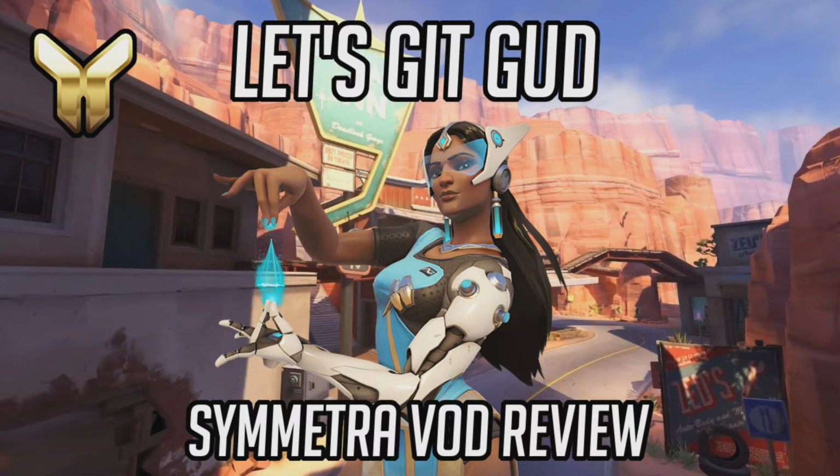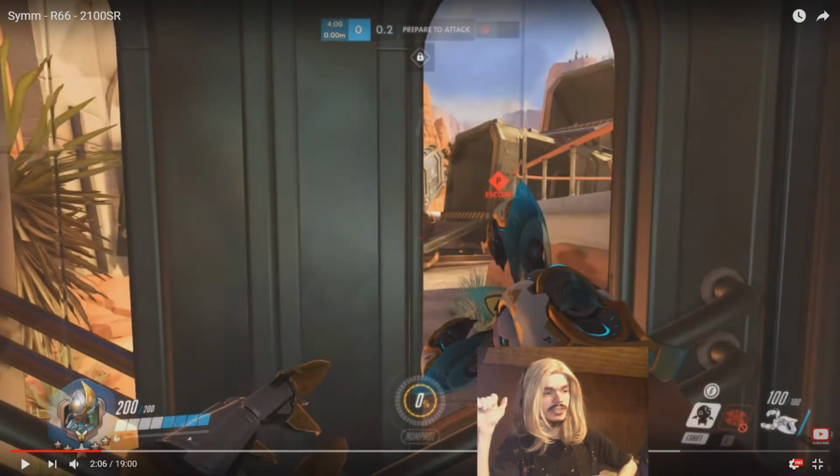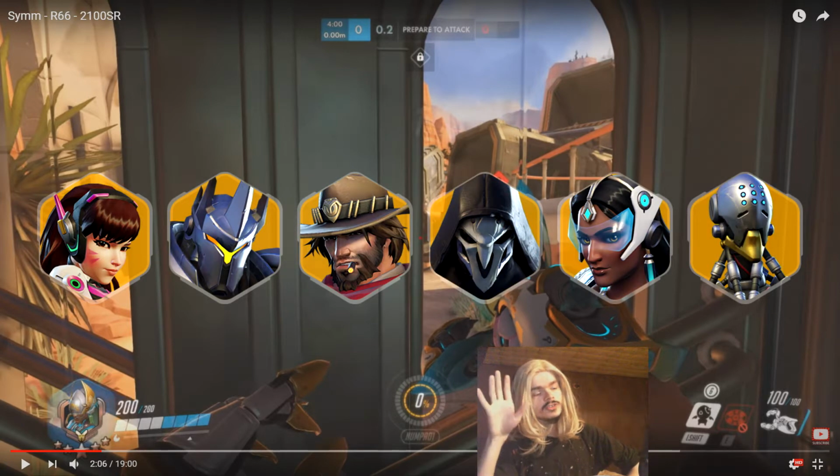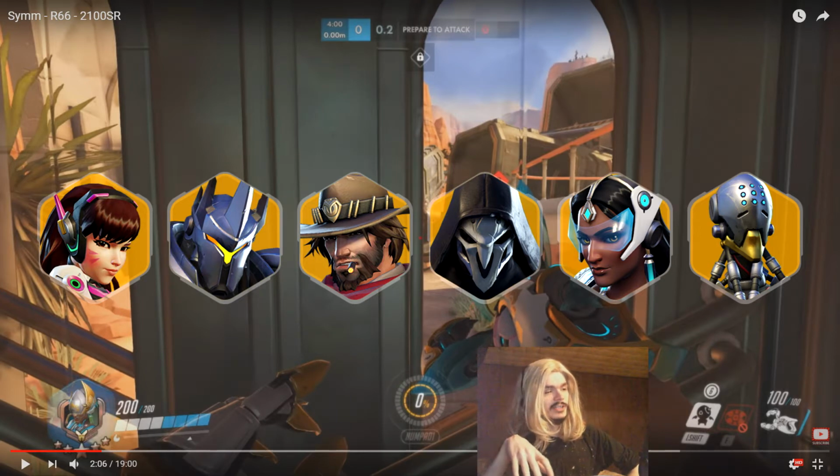Okay, today we are playing a game on Route 66. The average SR of this game was 2,120, and we will be playing Symmetra the entire way through. And our current team composition is D.Va, Reinhardt, McCree, Reaper, Symmetra, and Zenyatta. So the issue is that our only healer is Zenyatta, which is a taboo in most civilized parts of the